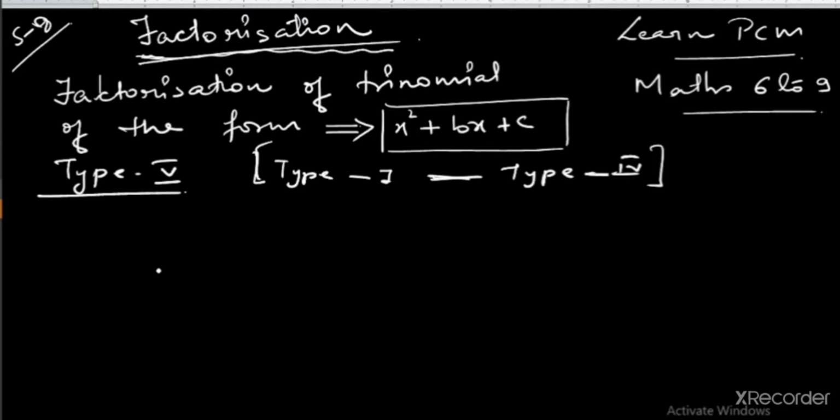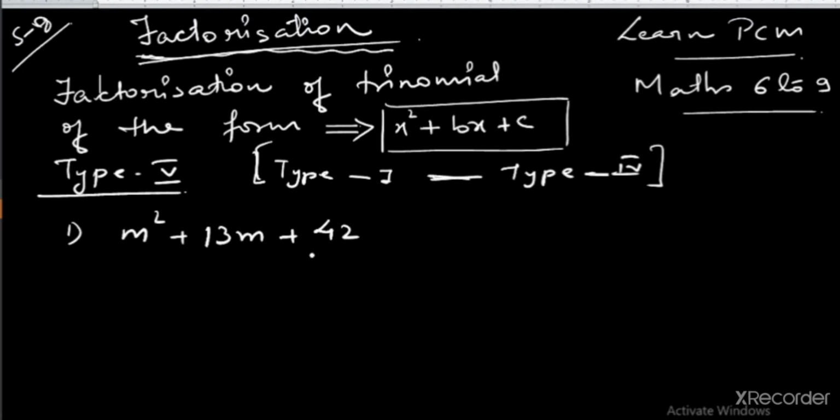Now what we have to do in this case, let us take one example, and then we are going to start doing this type of expression. Suppose I am taking the very first one as m square plus 13m plus 42. So this is one of the expressions which we are going to do right now.